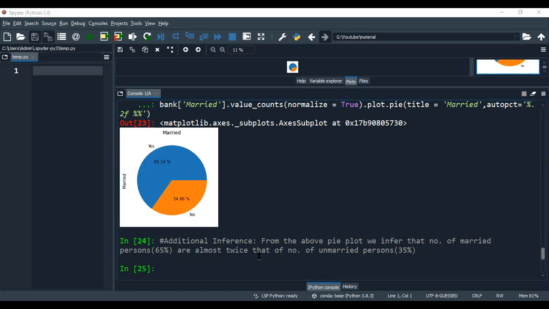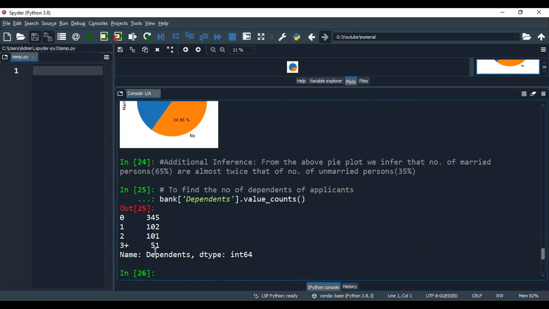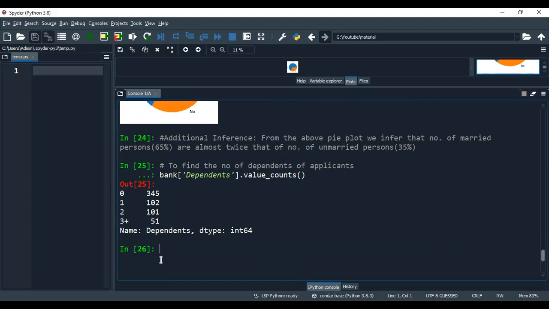Now we will find the count, the frequency, for the dependents column. We have got 4 different categories: 0, applicant with 0 dependents, 1 dependent, 2, and 3 plus. So 4 different categories are there, and for each and every category we have got the value counts.